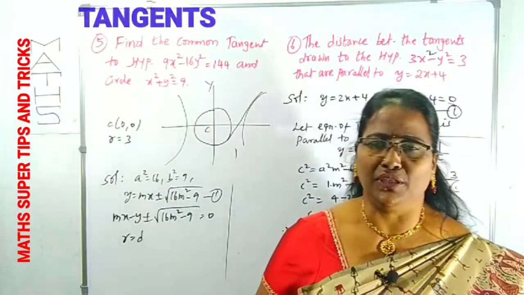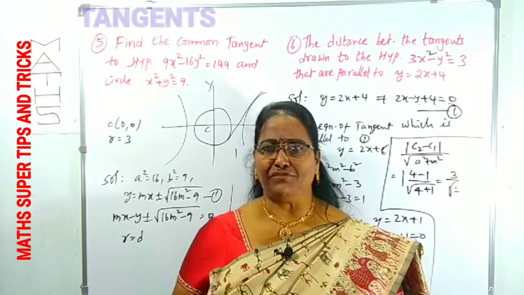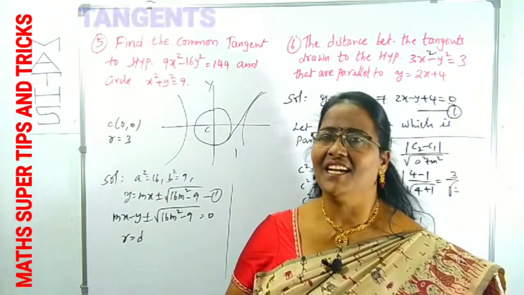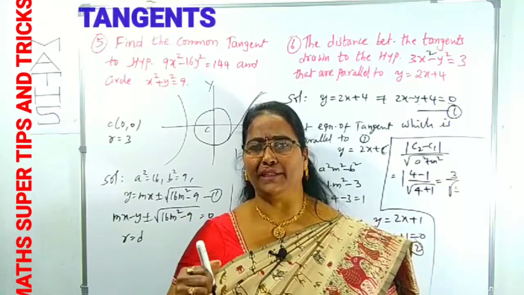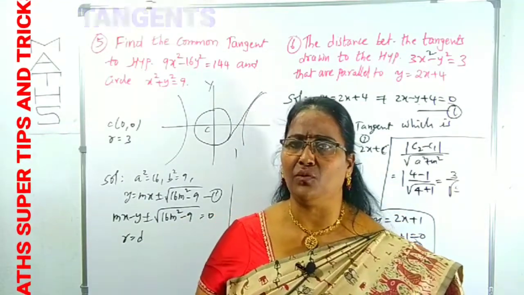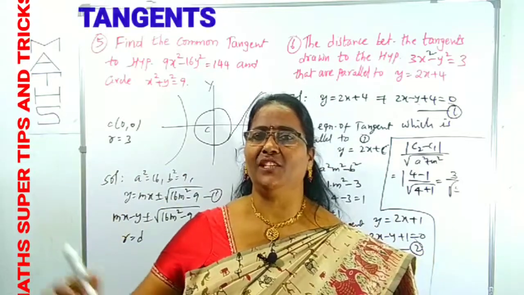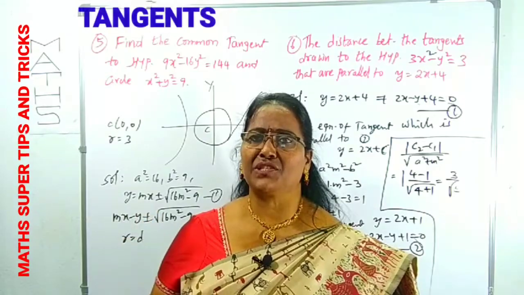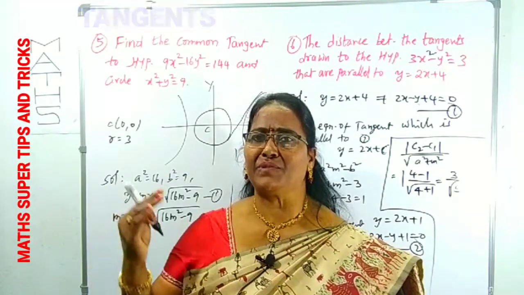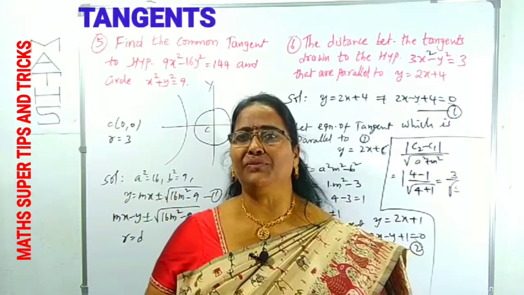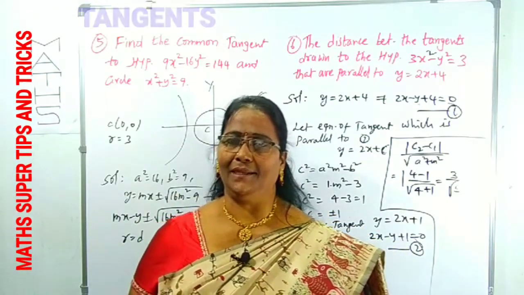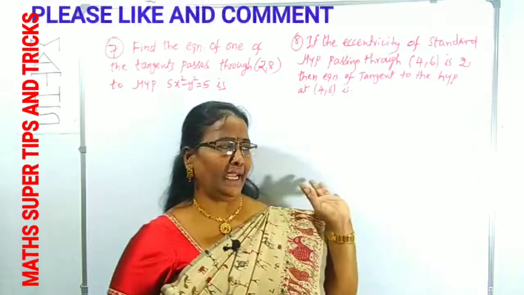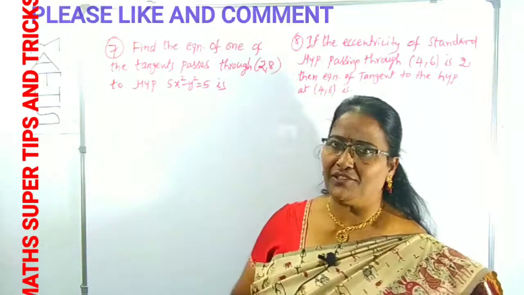Here also it is application only. It means we have to find the equation of the tangent, and the given line is asking for the distance between them. Clear? Like that we have to consider, while reading the question, what is the given data, what is required, and what we have. That you can apply simply. But in case of objective type questions, you can avoid the maximum steps. That is only possible if you practice sincerely and dedicatedly with the super tips and tricks. Clear? You can observe questions 7 and 8. Sir, what do we have to read first?